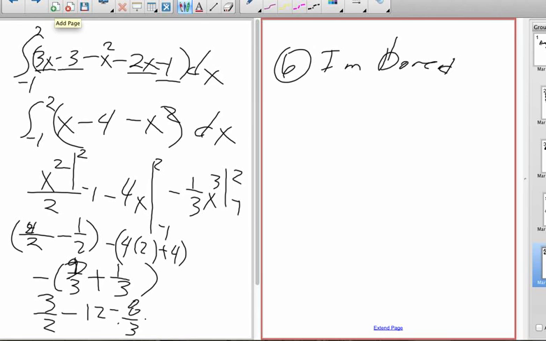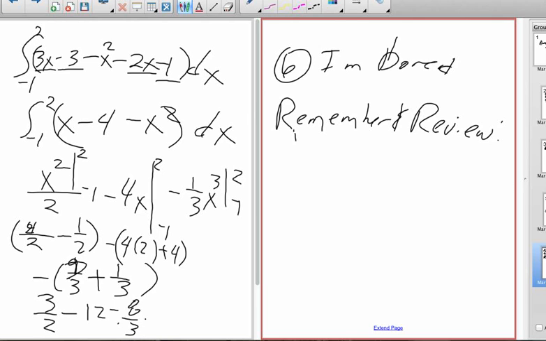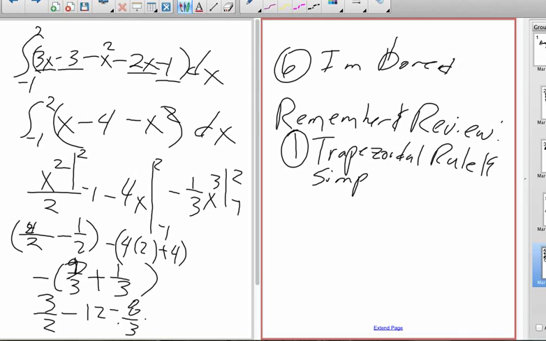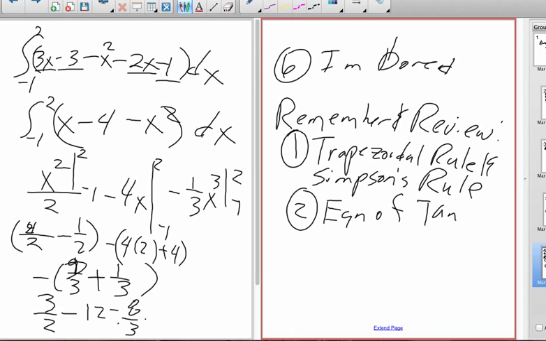All right, so remember and review the following, because this is going to come up in this assignment. First thing is trapezoidal rule and Simpson's rule. Then the second thing is equation of tangent line at a point,